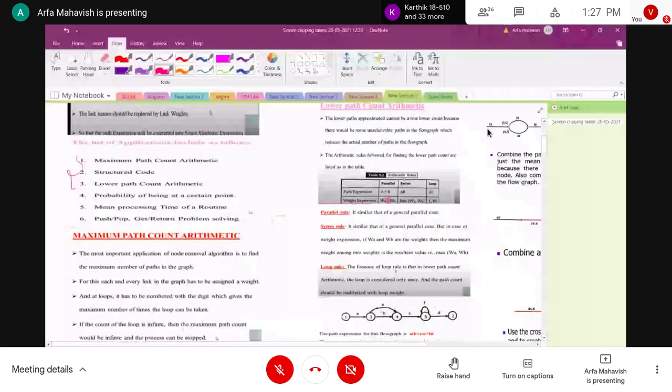If you look at this picture, guys, this is an example of your lower path case. This is the starting node and ending node. These are loops, inner loops, and a self loop over here. We get the path expression of this node as A of B plus C star F B. The maximum of the path can be determined. Whenever we get these node names, the names will be replaced with the weightage, that is one.